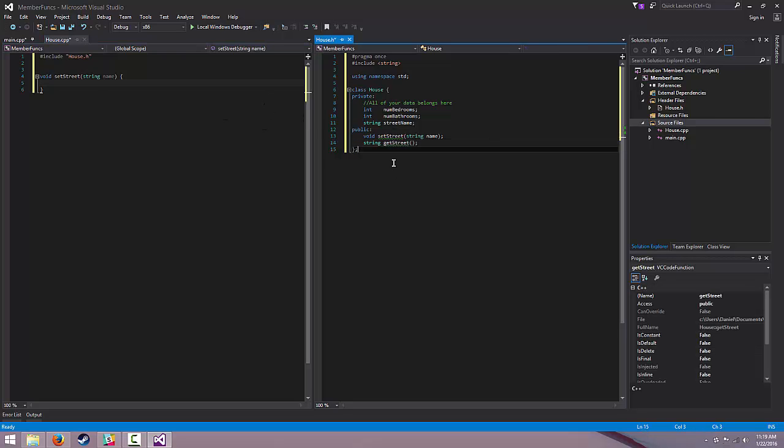But if you look over here, I've still got a green line under setStreet, and Visual Studio is complaining because the function definition for setStreet is not found, even though we have a function called setStreet right here. That's because we have to tell the compiler that this function belongs to the house class. And to do that, we just change the first line of the function definition just a little bit. In front of the function name, you're going to put the class it belongs to, followed by ::